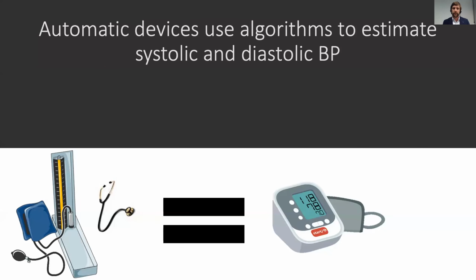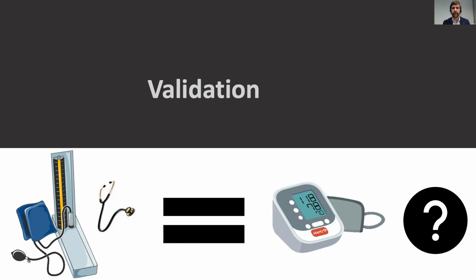But one of the fundamental things we need to do is to check that automatic devices give blood pressures that are equivalent to the manual methods that we use. What automated devices do is they use algorithms to simply estimate systolic and diastolic blood pressure, and they are meant to be equivalent to the manual method. But there's no way of actually knowing that without testing it. So if we go to the next slide, see the question mark. We need to understand this. And this is the purpose of doing a validation study,